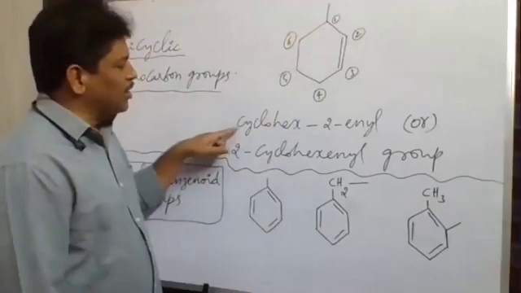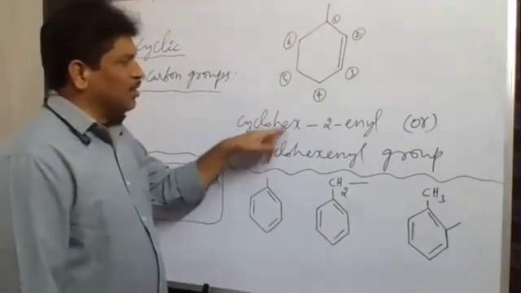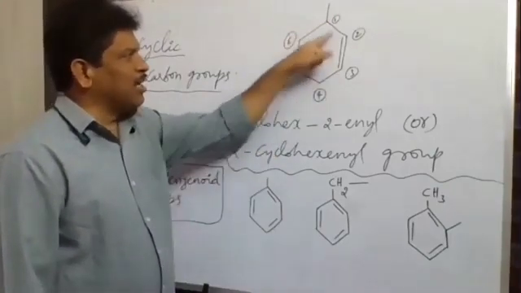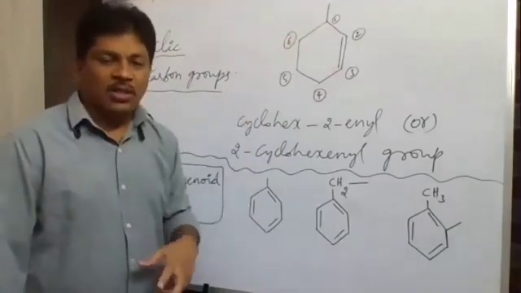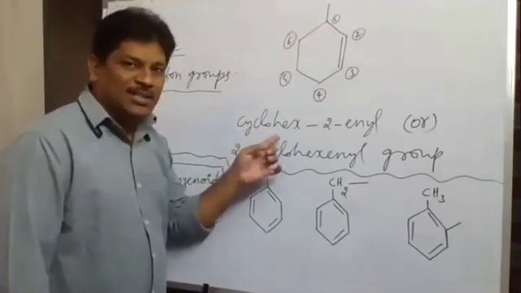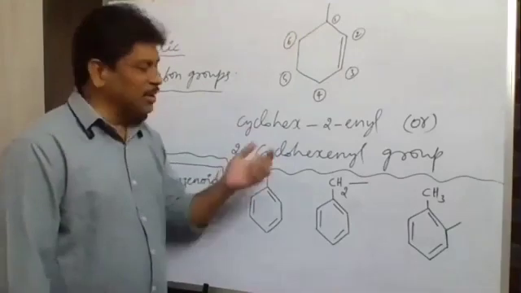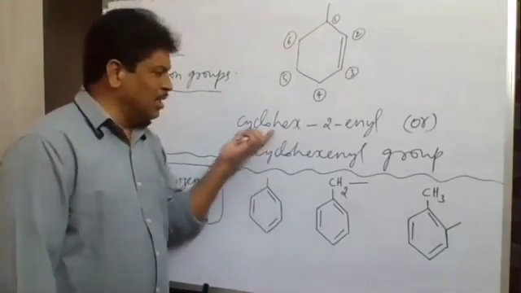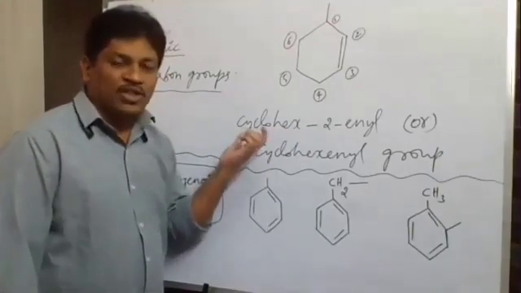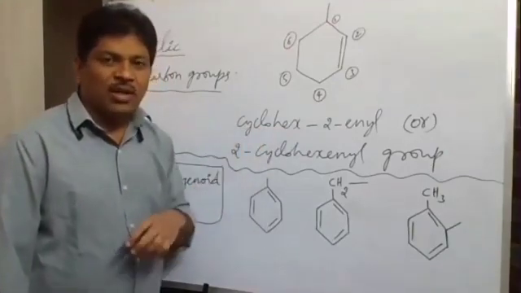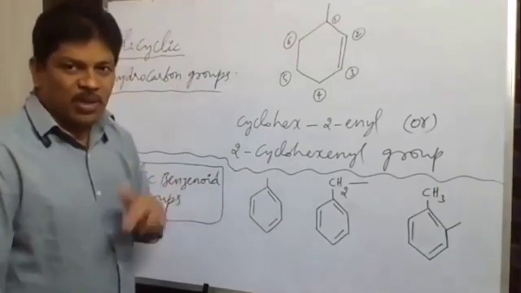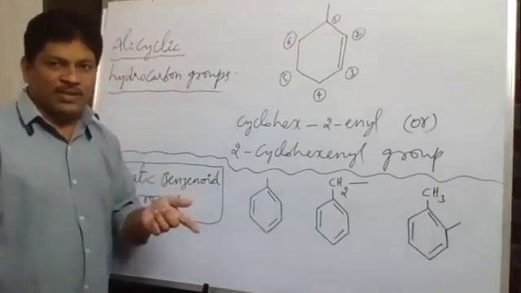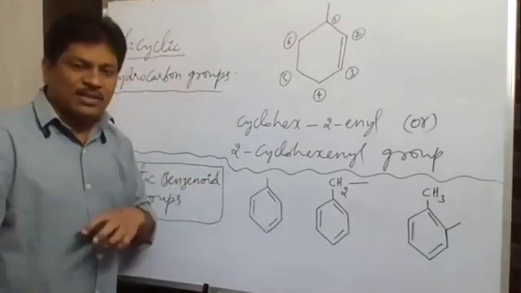So what we have to say here is cyclohex. All the 6 carbons are in a cyclic manner, in ring form. That's why it is cyclo. And hex, the presence of 6 carbon atoms, is given as hex. The word root here is hex. Cyclo is what here? Which type of prefix is it? It is called a primary prefix. Primary prefix and secondary prefix, primary suffix and secondary suffix.